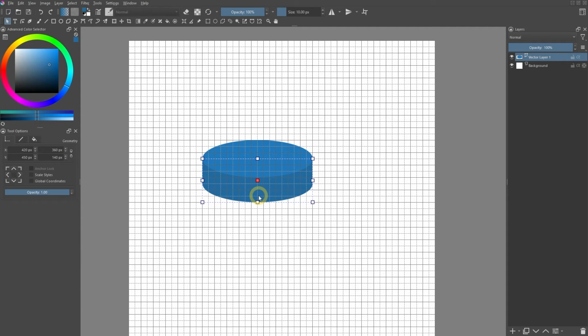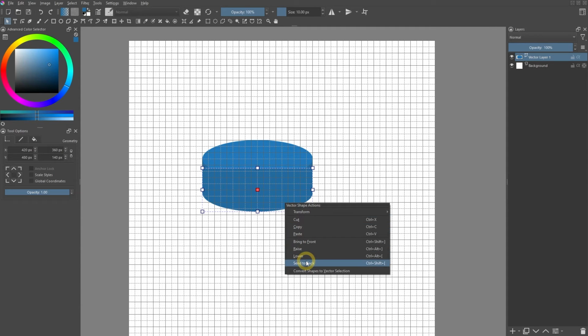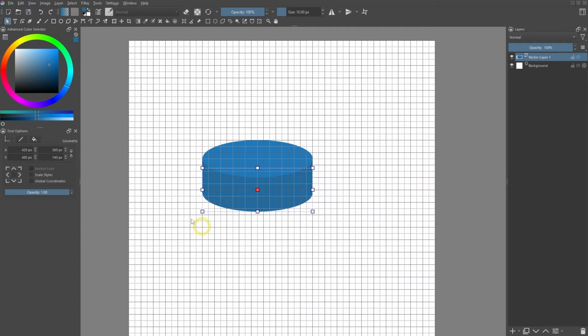Then press Ctrl C and Ctrl V again to duplicate the shape. Reposition it so that it is horizontally centered on the other shape, but make it a bit lower. Right-click and use the Send to Back command. Then change the color to a much darker version, close to black. We want to make this area look like a circular ornament.